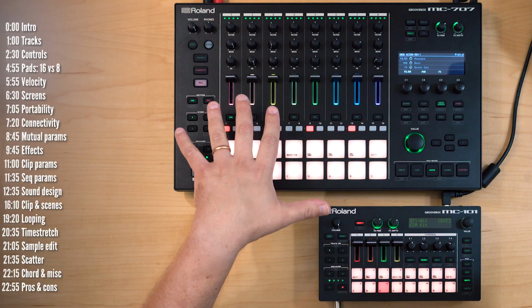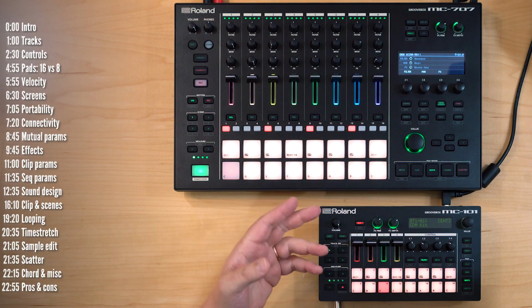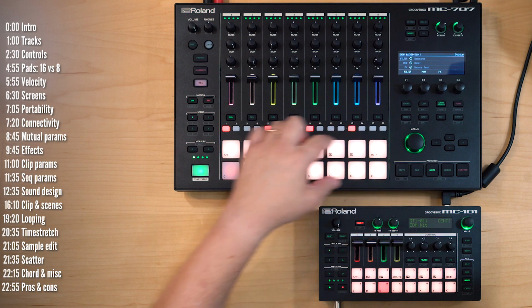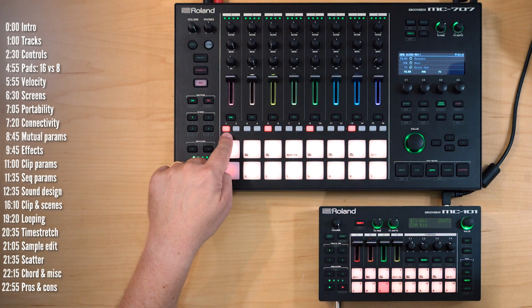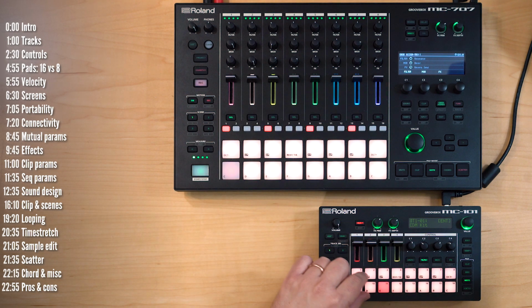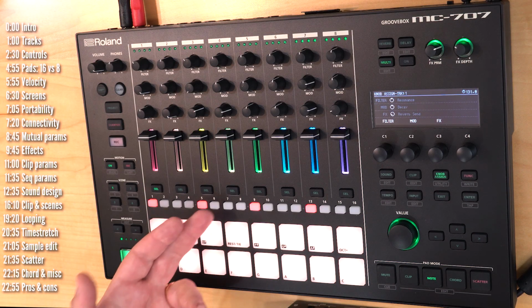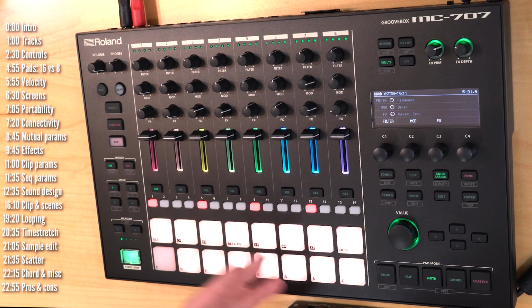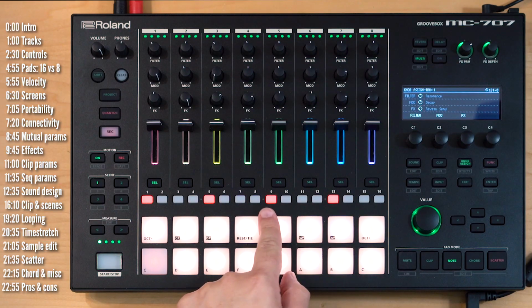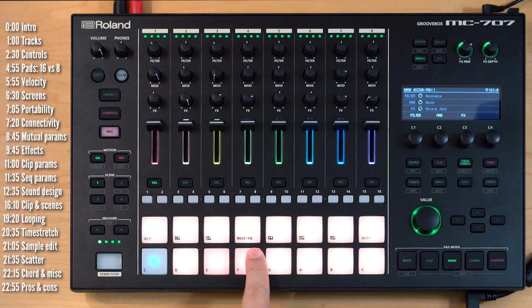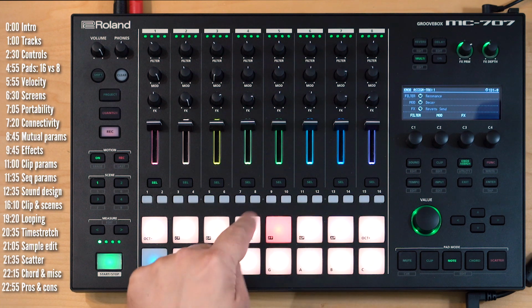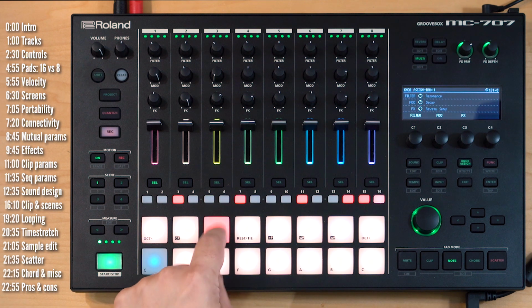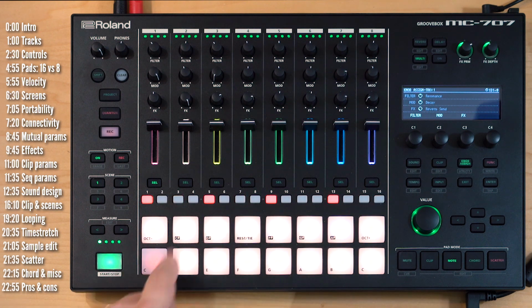Let's continue down the road of hardware differences. Another material difference is the fact that you've got 2 sets of 16 pads on the 707 versus 1 set on the 101. On the 707, this means each set has its own purpose based on which pad mode you're in, but the general idea is, say for example in a drum kit, you can see exactly which step triggers each of the individual drums, right? So with one press, I can see that the hi-hats are triggered here, and the kick drum